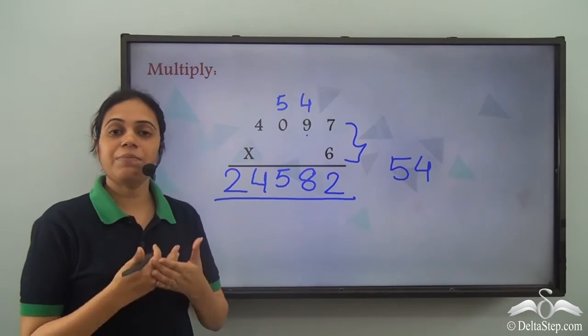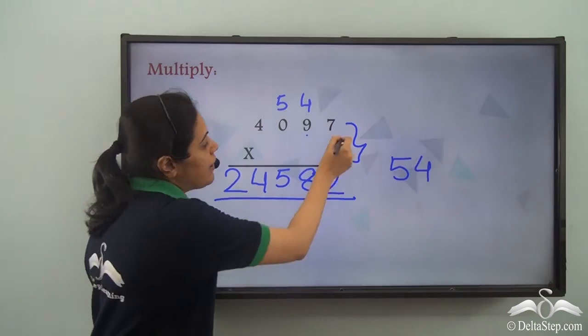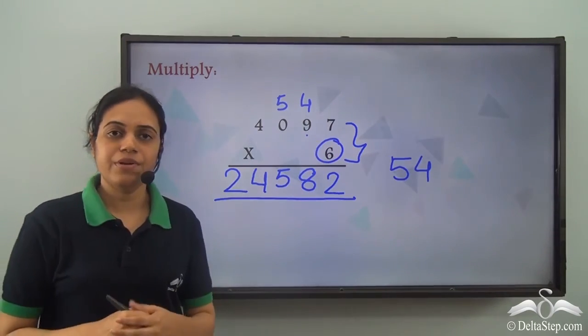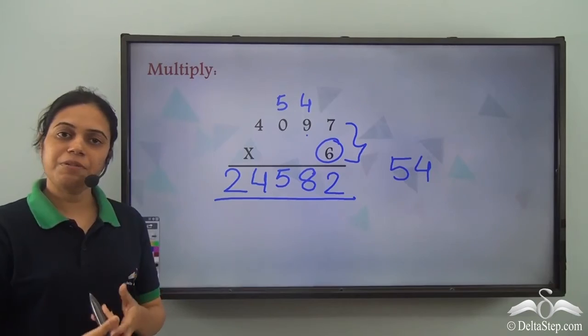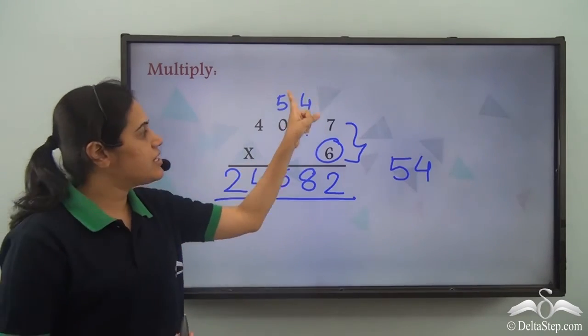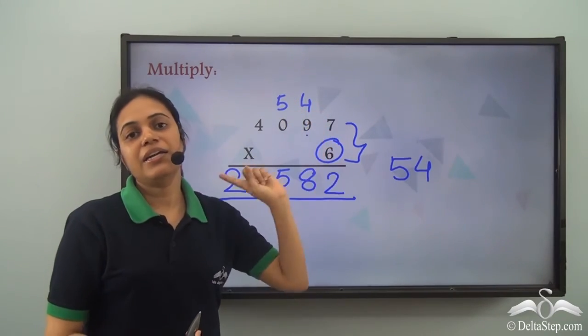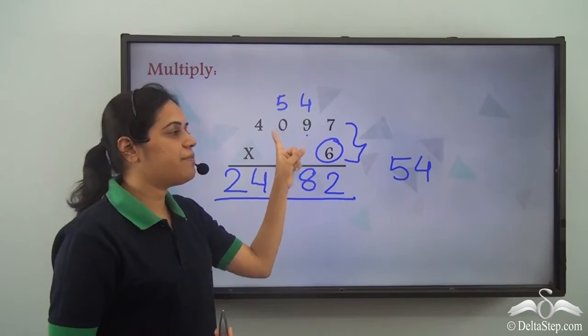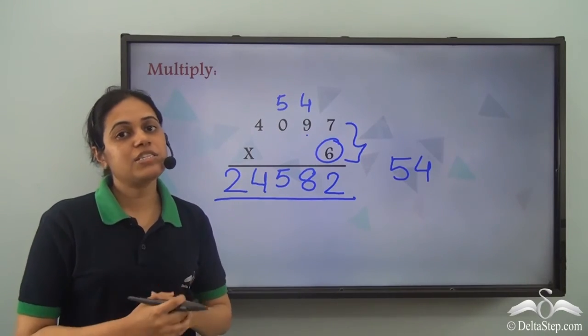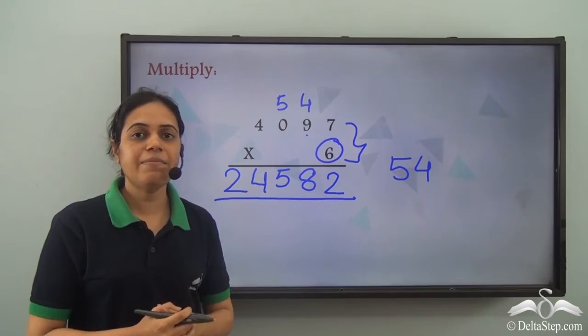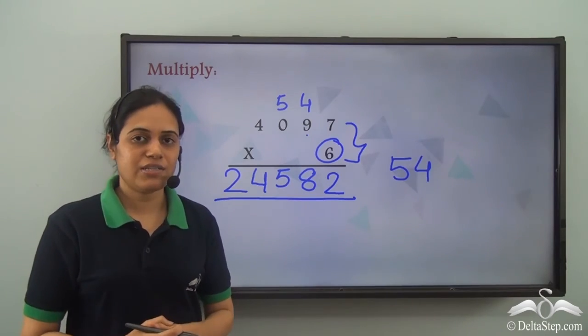And this is how you can multiply any number by a single digit number. Start from the rightmost place and keep on moving one place to the left. If there is anything which is carried, it is added after multiplying that digit. So try and practice more and more sums of this type till you get them all correct.